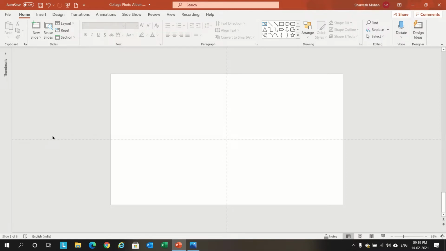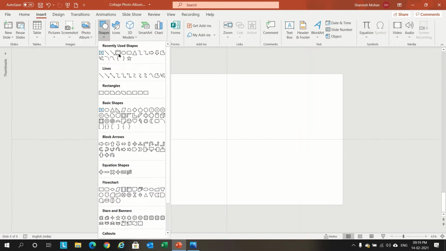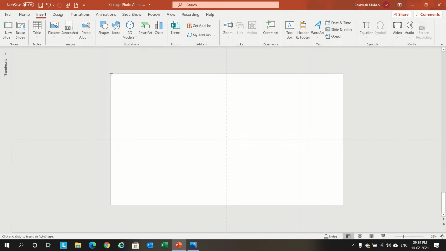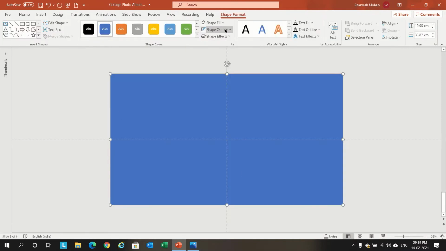Let's insert a new slide. Go to Insert, Shapes, take a rectangle and draw it over the full area of the slide. Make it no outline.